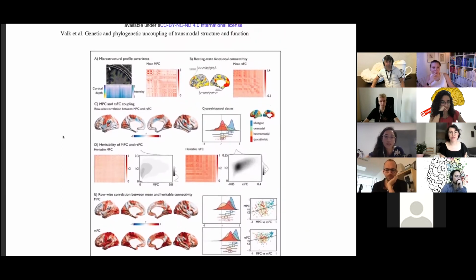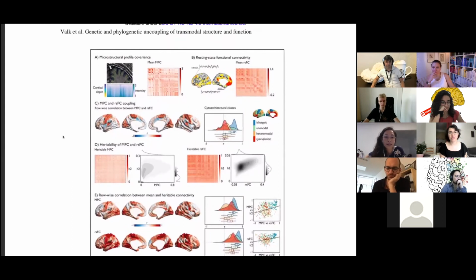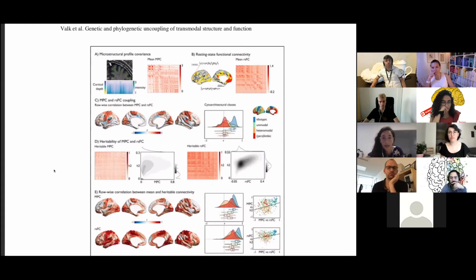So the limitation of the study, I guess, is using all these combined, diverse methodologies and applying them to human-macaque differences. Actually, I had a hard time understanding those, and I'm not 100% sure that we have a clear match, a clear comparison between the two species, especially when using